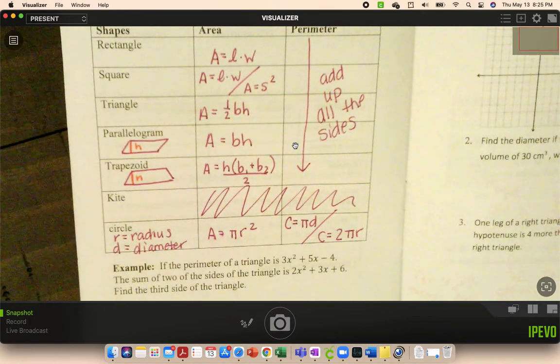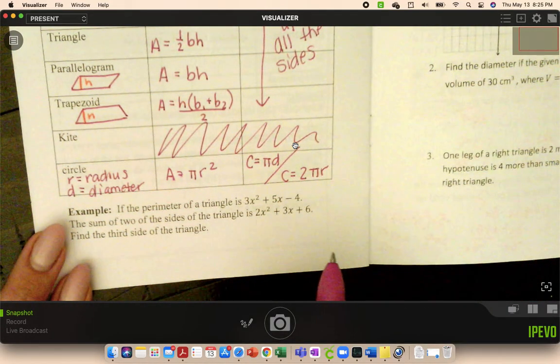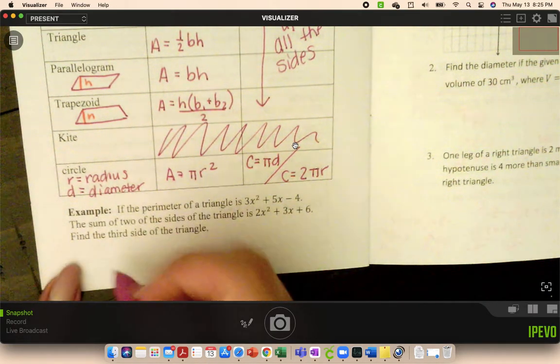All right, so the first example: if the perimeter of a triangle is 3x squared plus 5x minus 4, the sum of two sides of the triangle is 2x squared plus 3x plus 6. Find the third side of the triangle. Okay, so what we know is two of the sides already add up. And we actually did a problem like this on our test. We probably had it on two separate tests, actually. But instead of me already adding them up on the last test, I gave you the two sides, and you had one extra step. So in this problem,